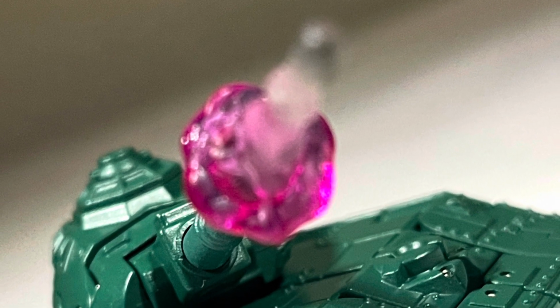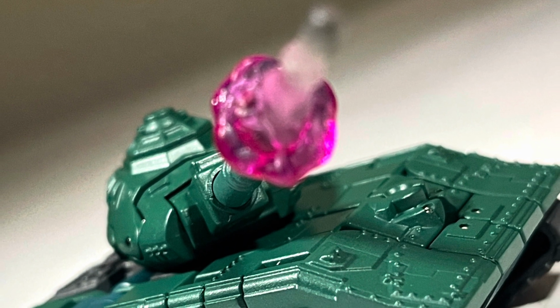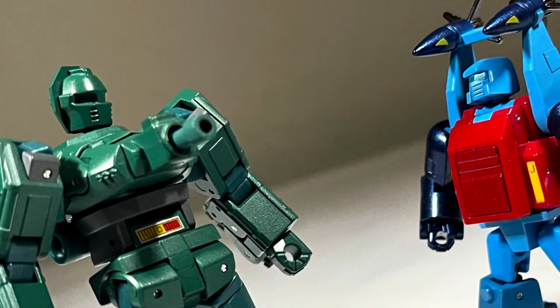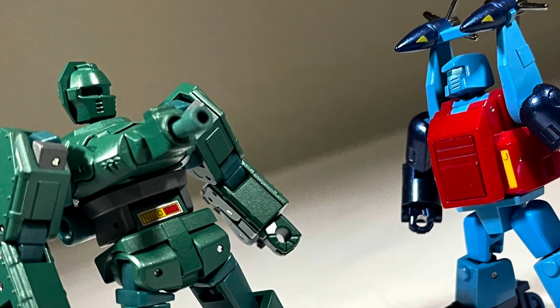So yeah, I mean, I don't know. I really wanted to like this, but unfortunately, it feels more like, I guess, I don't want to say Powerglide, because Powerglide is priced more. It reminds me of Hound, but I also felt like Hound came with a boatload of accessories to justify his bonkers price. So this guy's kind of a new beast of his own. I still like it. It's not trash or anything. It's just like